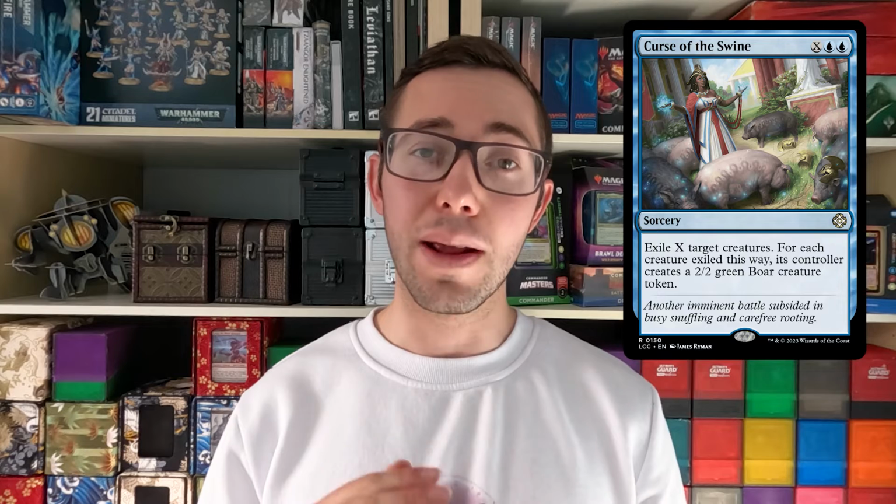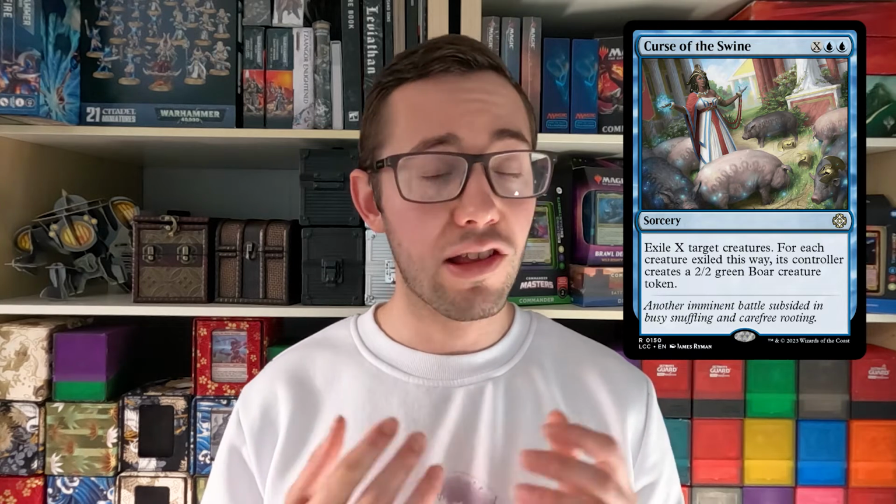So that's all of the creatures we're going to be cutting. Let's take a look at the non-creature spells. Curse of the Swine is a really fun card to cast, and it gets around creatures with Indestructible by exiling all of its targets. However, this deck is already packed full of removal spells, and some of them just have